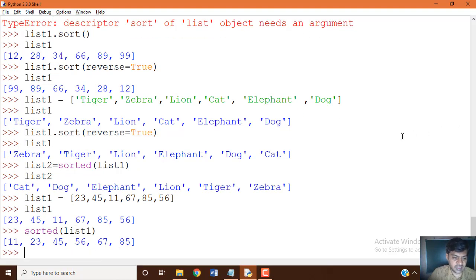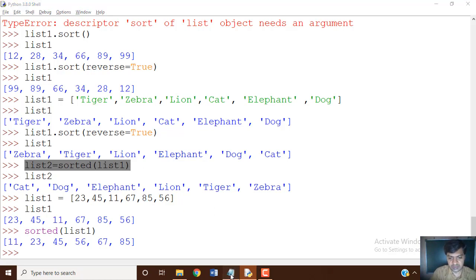Okay, directly the given list variable data items will be sorted in ascending order. Suppose you want to assign to another list variable, yes, we can assign it to another variable, so that the sorted data will be assigned to that variable. So that is how the sorted function works.